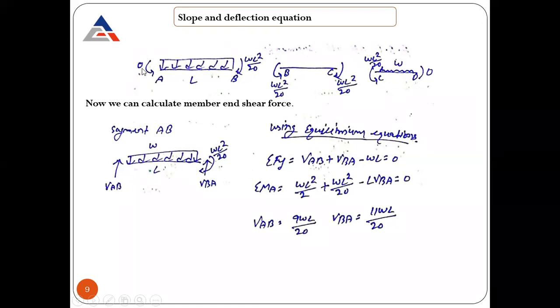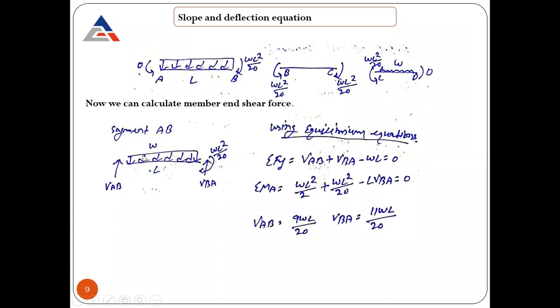There is a zero moment that we just saw in the previous slide, and there is a moment which comes out to be of magnitude W square by 20. Then for this section, again check the sign convention and place W square by 20, again W square by 20, and this is also W square by 20, and there is 0. Place those values into the beam. Now we have to find the values of shear force. Shear force means VAB in the upward direction, VB is also in the upward direction, because there is a UDL loading also.